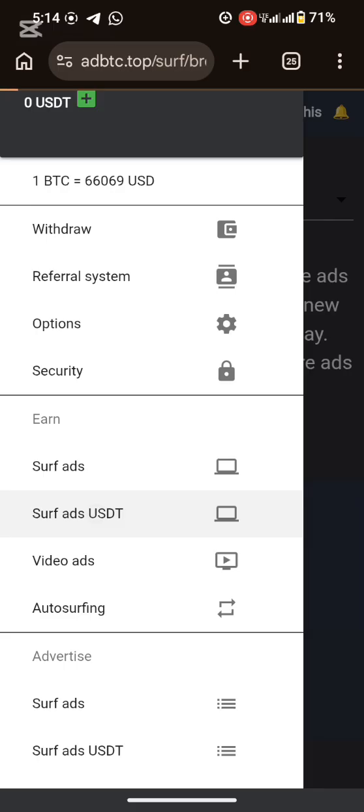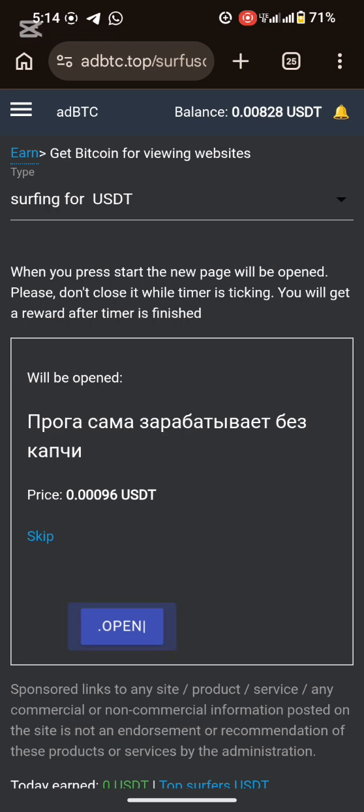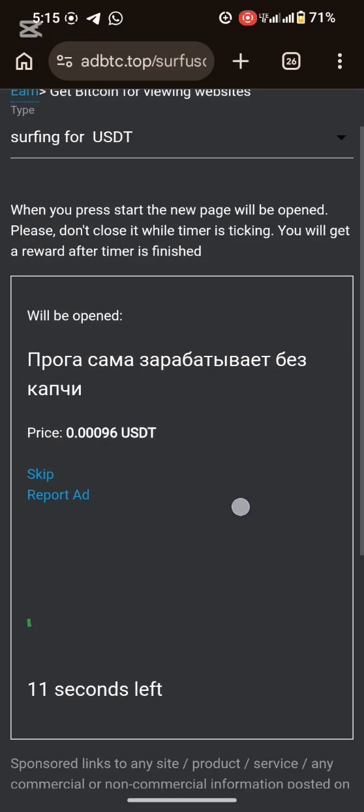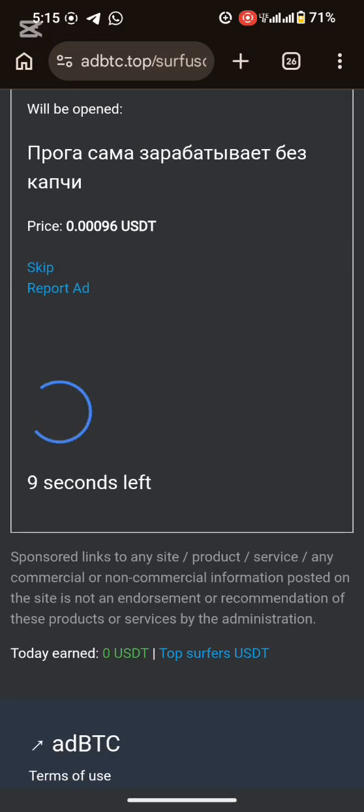This site is 100% legit. You can see I have an ad on USDT, so I click on open. It will pop up another window, then I click on there and go back to the window and wait for the timer to finish counting. Once the timer finishes counting, I'll be credited this price. You can see the price there,